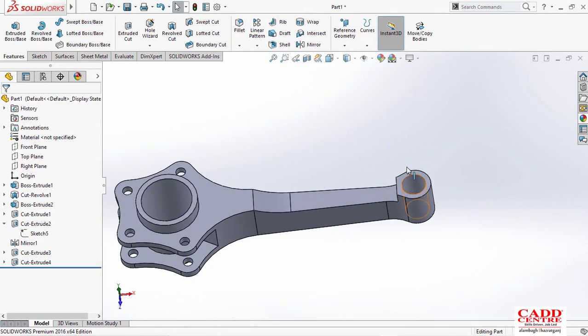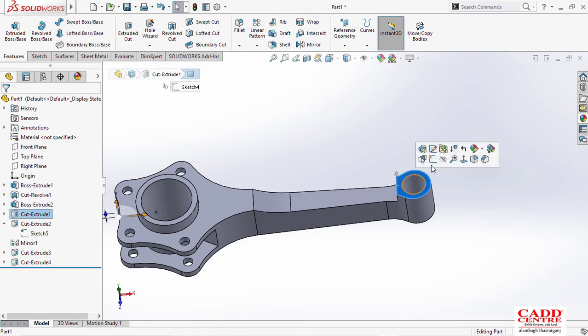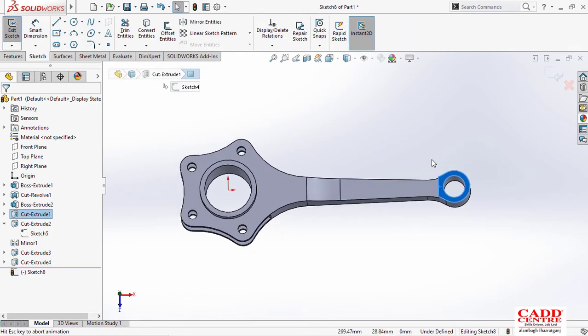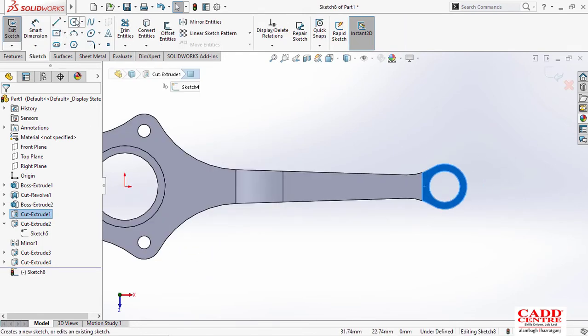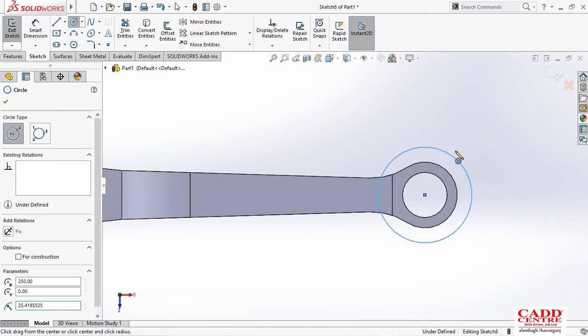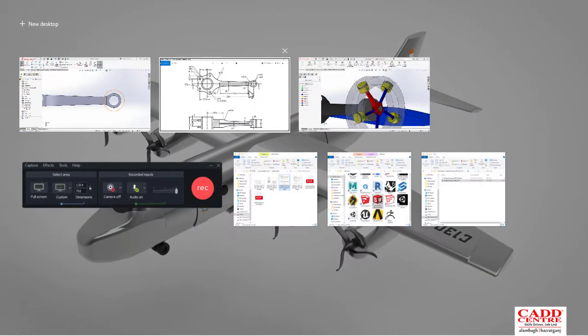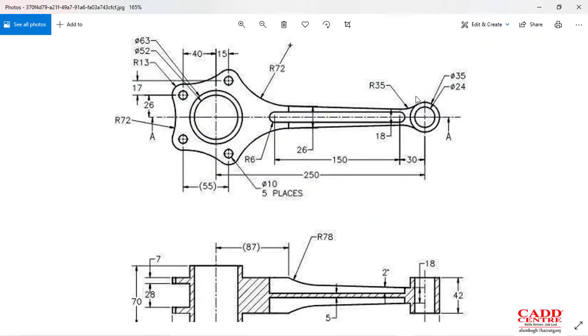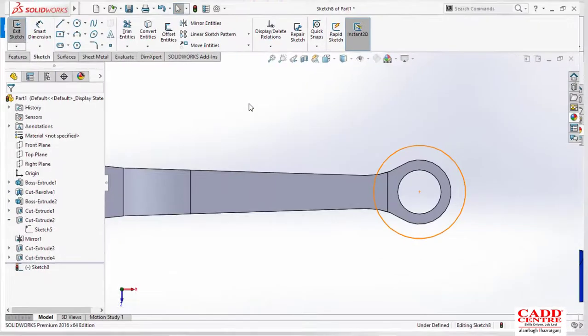The side portion is coming, so don't worry, just sketch at that point and just draw the circle, the outside circle which they have given, or trace this one also. Or just type the outer radius of the second one. They have given the outer diameter for the second one as 35, so I'll just type 35.